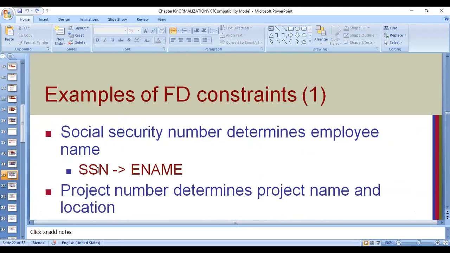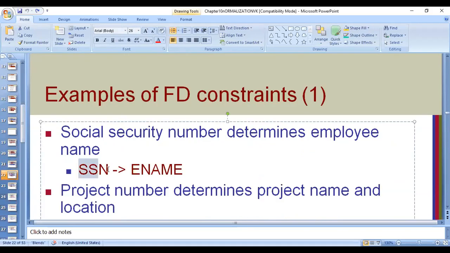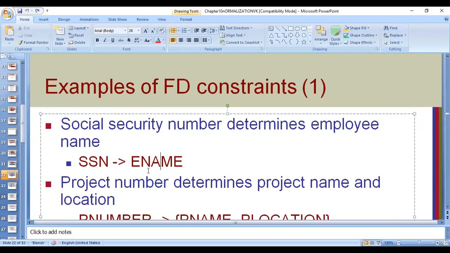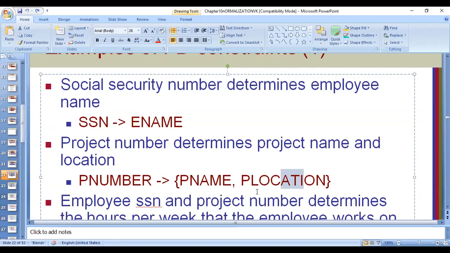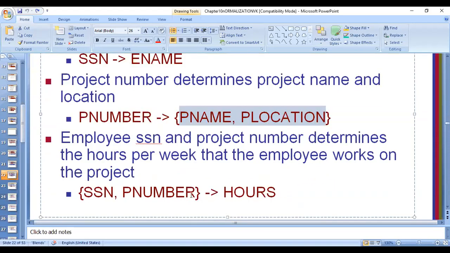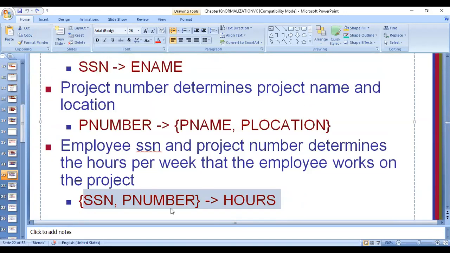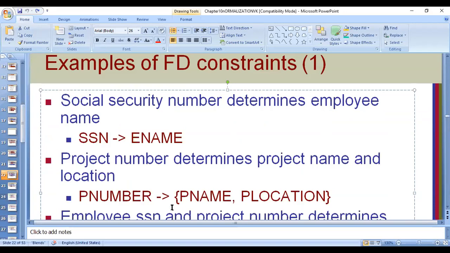So in this case, it is something like this. I have the SSN number, which determines the employee name. So the SSN number is a primary key which functionally determines E name. But in case of employee project, when I know the project number, I can definitely tell what is the project name and what is the project location. Got it? Let us stop here only, because if I take the next example again, it is going to confuse you all. So let us see that example in the next class, about the composite primary key. Right now, let us brush up what we covered.